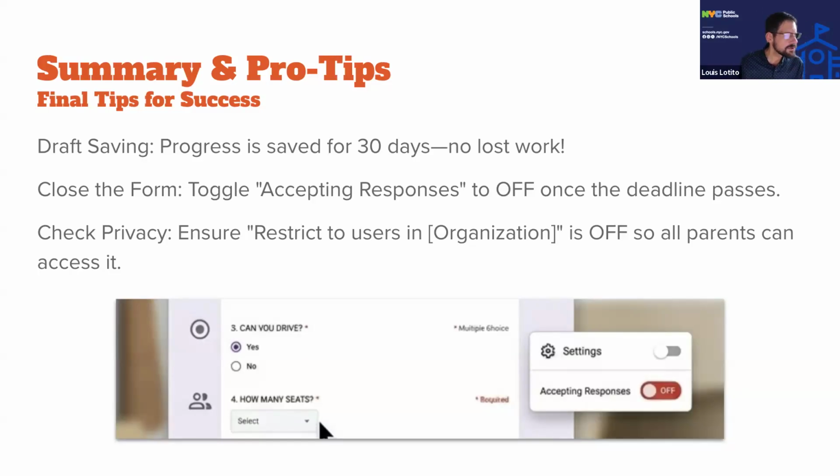And you always want to make sure that the sharing is set properly when you are sharing the link with families to complete. Sometimes when we use our DOE, our New York City Public Schools accounts, the sharing might be only to let people with other New York City Public Schools accounts complete the survey, and usually that's not what we want. We want to open up to the public. So you're going to want to make sure that all families can access it by making it open to the entire internet, and we'll look at that as well.